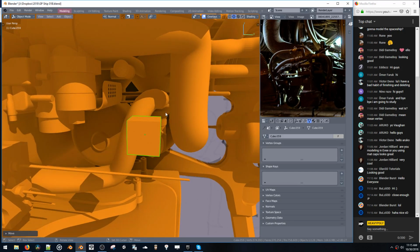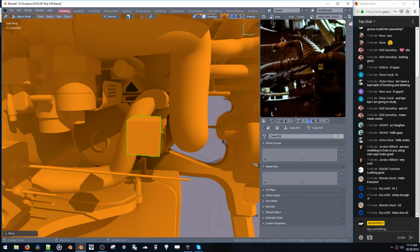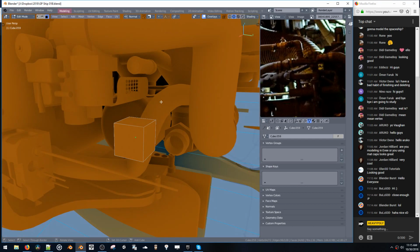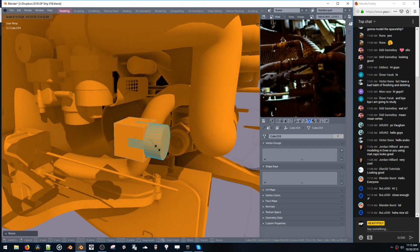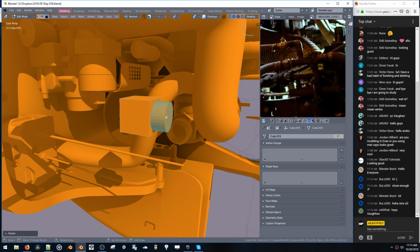So what's the best way to do these little doodads here? Should I just smash a bunch of cylinders together? Maybe. Well, what would be the other way to do it? We could do it...